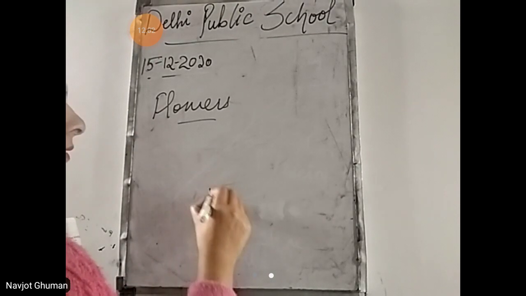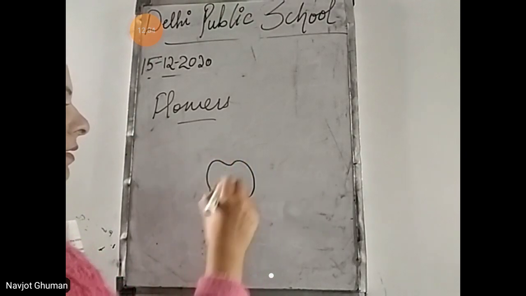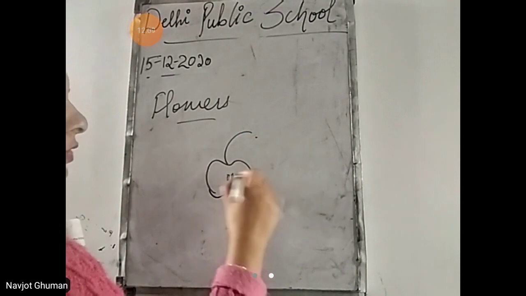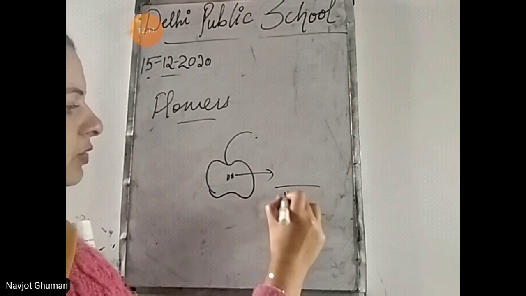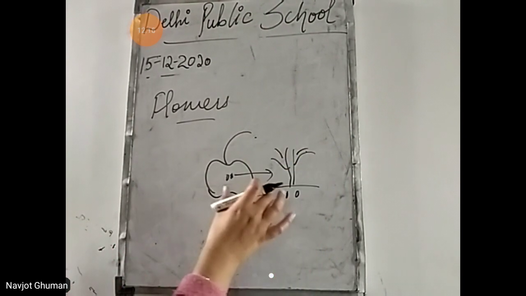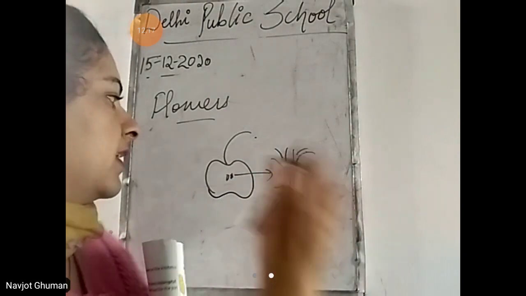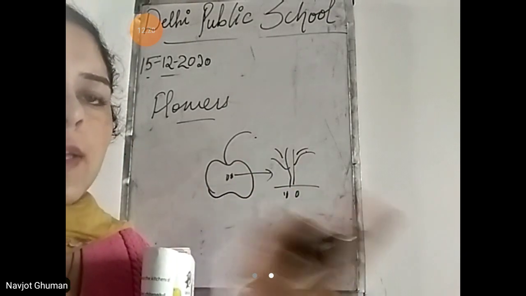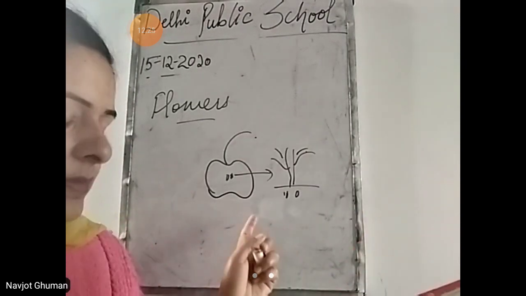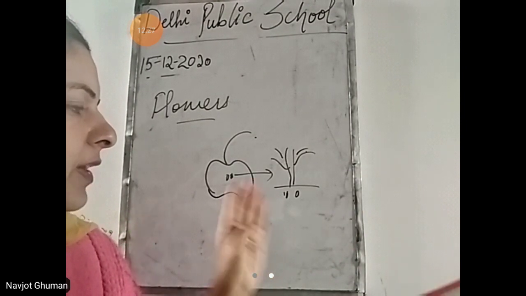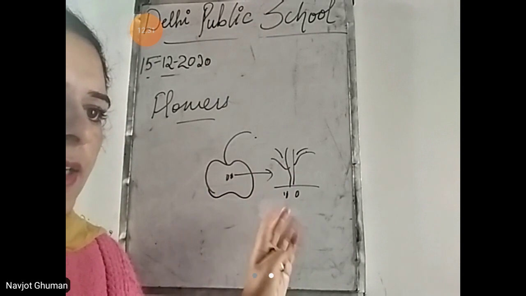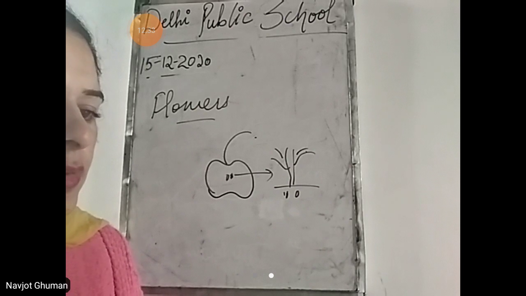We know fruits have seeds inside them. If we grow the seeds in soil, soil में लगाओगे तो क्या निकलेगा? एक नया plant बन जाएगा. And so it means seeds are coming from the fruits. So fruits are very important. Fruits have one or more seeds. Seeds, when they are grown or sown in the soil, they give rise to new plants.